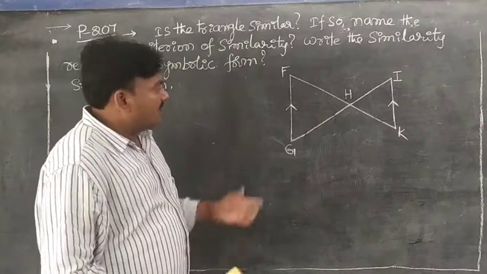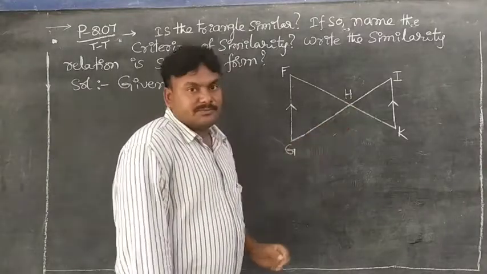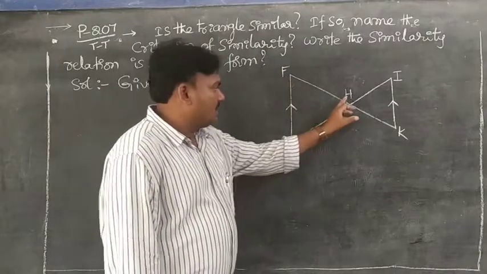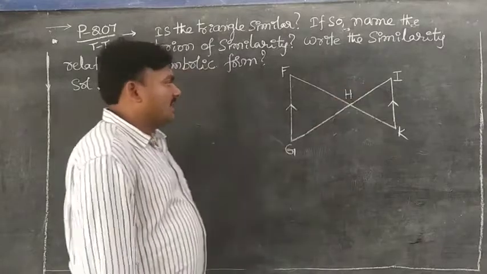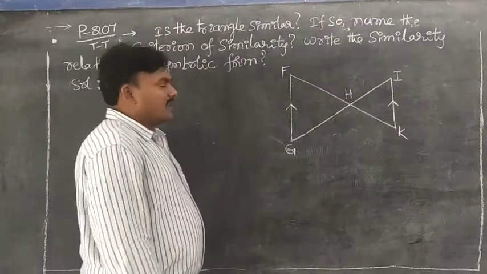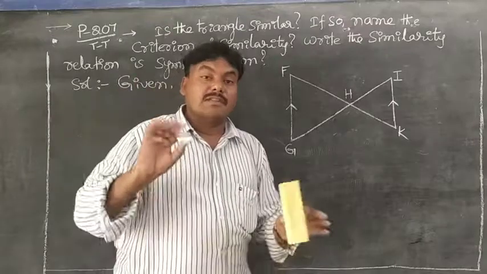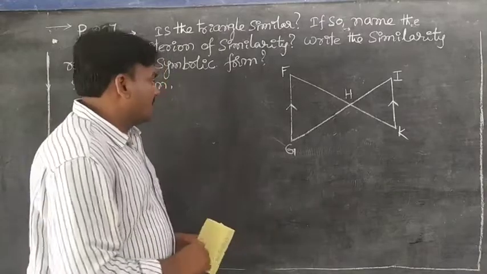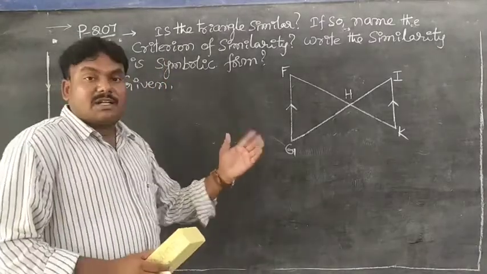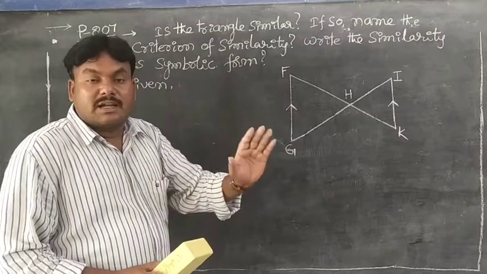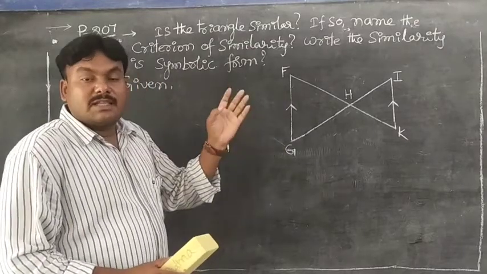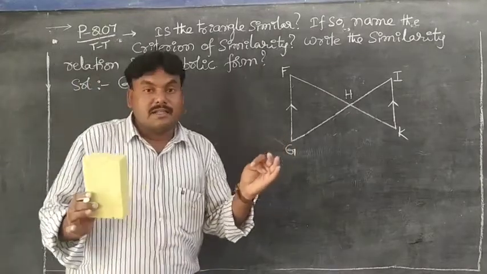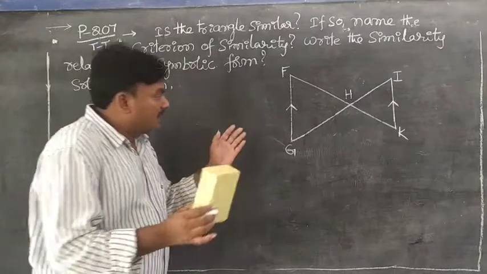Okay. Observe here. In this diagram, two triangles are included. Do you know all of you? One is HFG and the other is HKI. Right. So here we know very well from the lines and angles chapter of 9th class, in that we discuss different types of definitions. Okay, students. So first, in the similarity criteria, we know very well three criteria we discussed here: AAA criterion, SSS criterion, SAS criterion. We know that. So observe which is suitable.